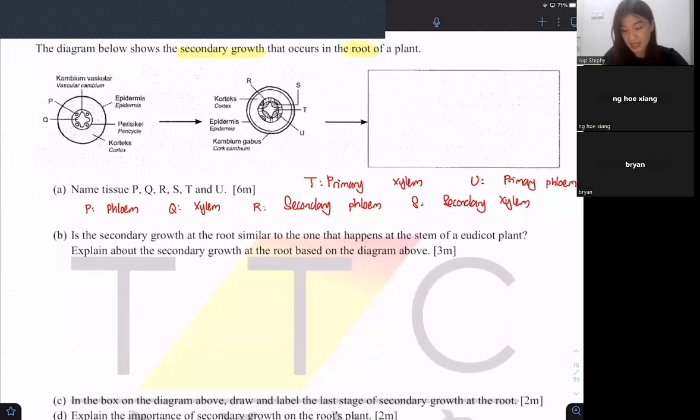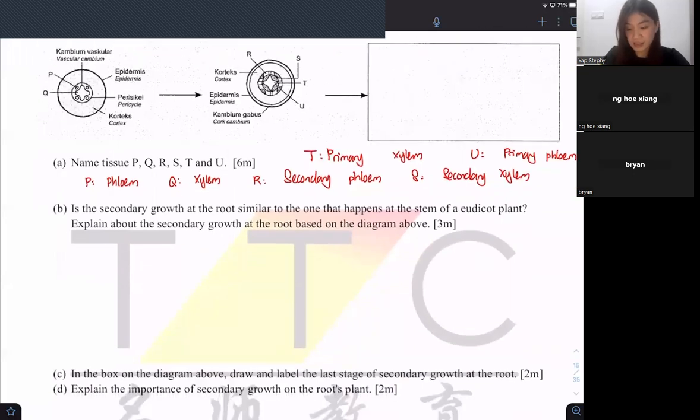Okay. Next, is the secondary growth at the root similar to the one that happens at the stem of a eudicot plant? Explain the secondary growth at the root based on the diagram above. You can write it here. Actually, these two processes are similar. Both occur by mitosis, and both increase the secondary tissue. So you can write that here. Secondary growth in the root is similar to the